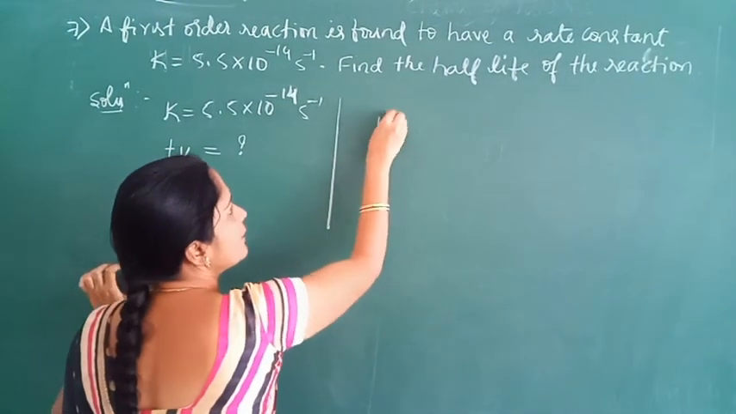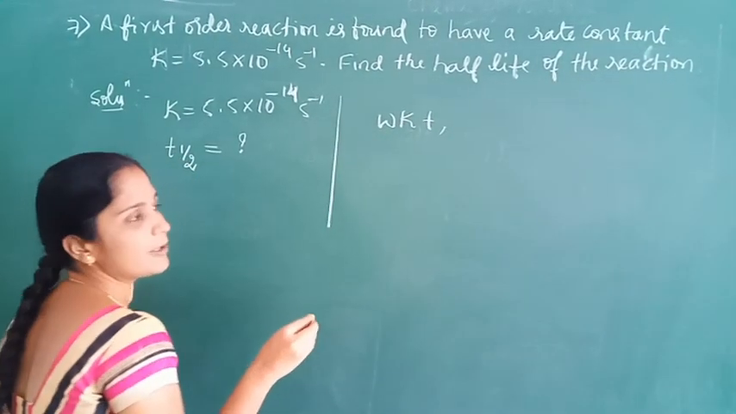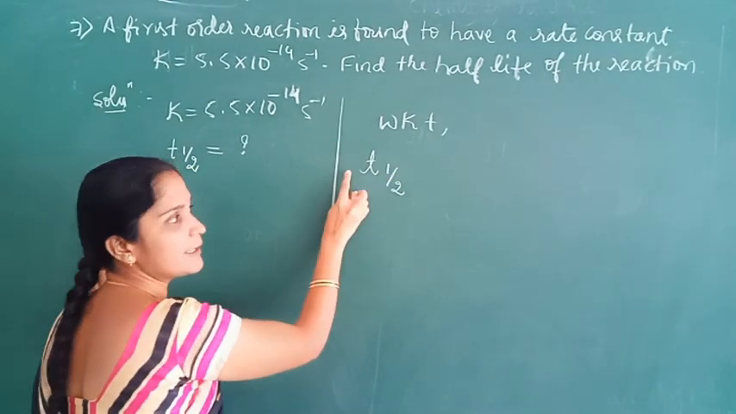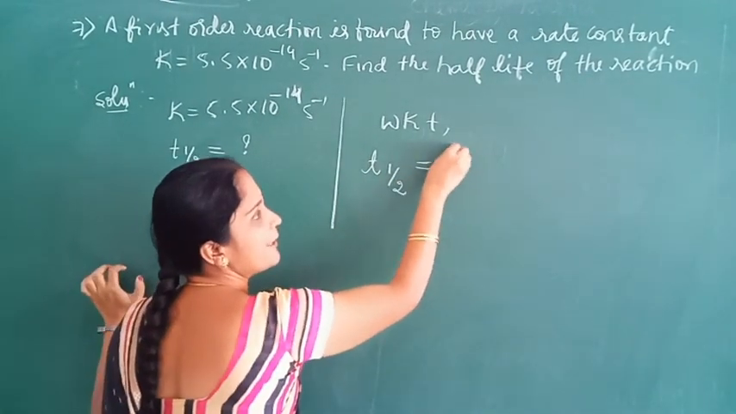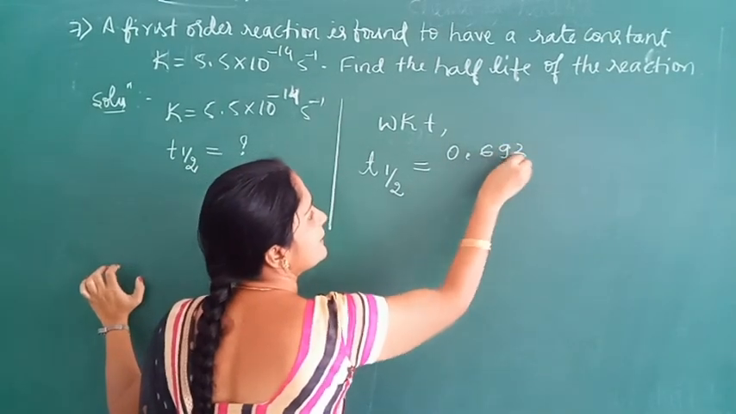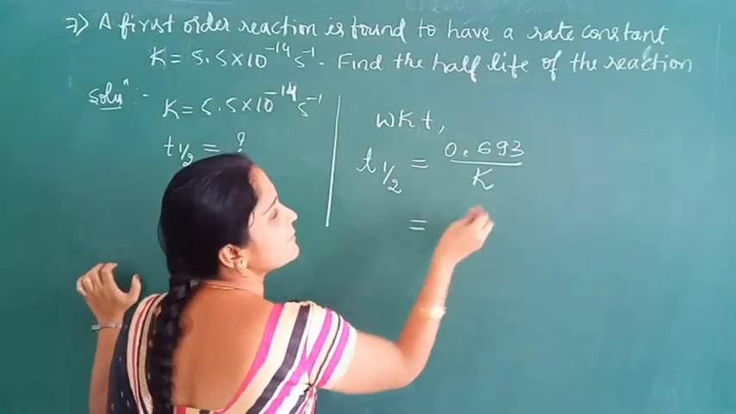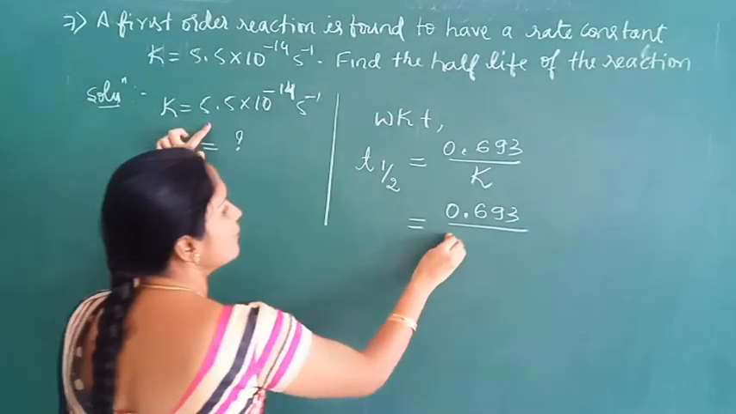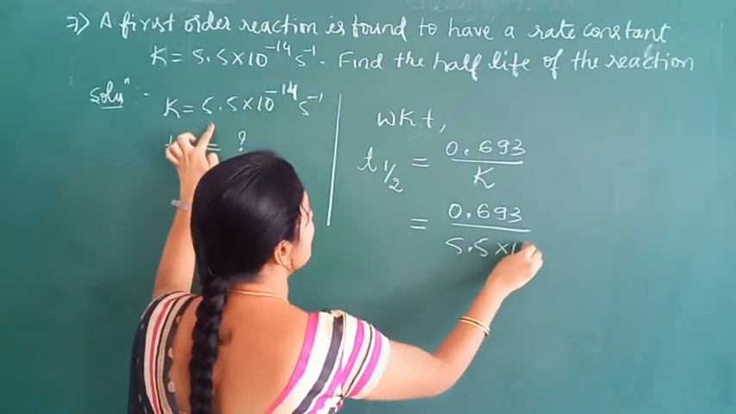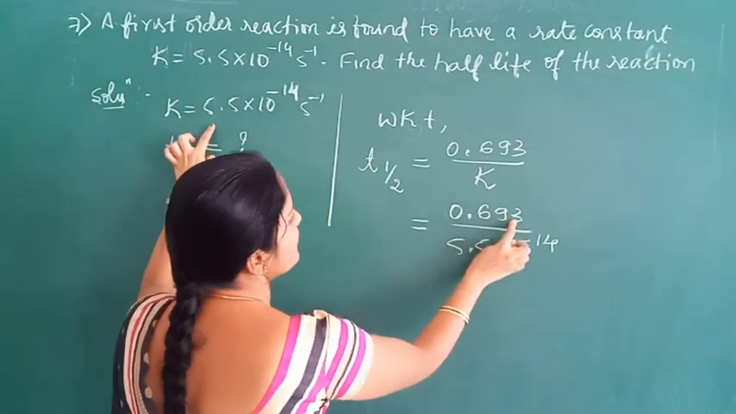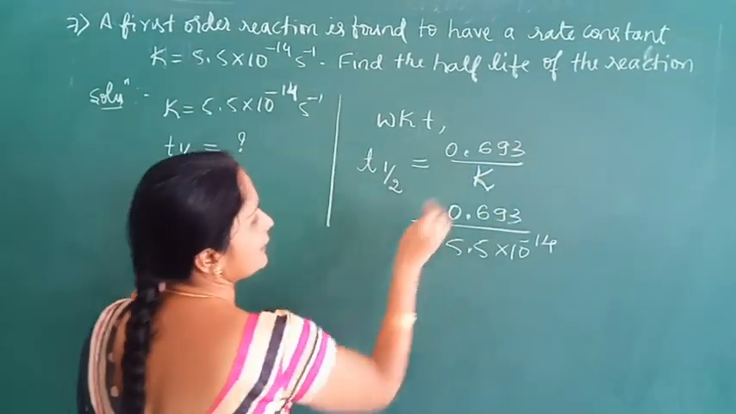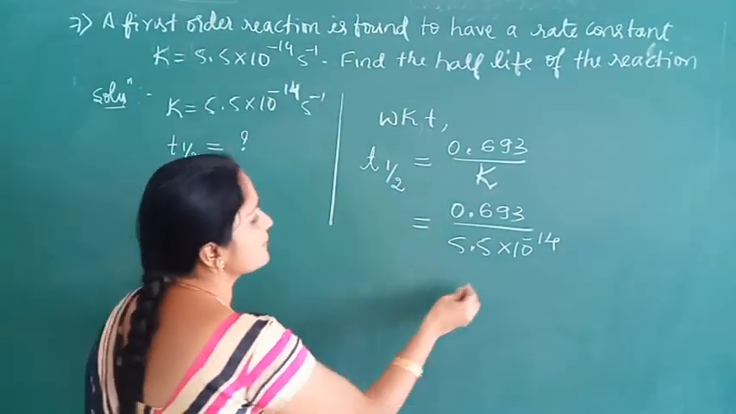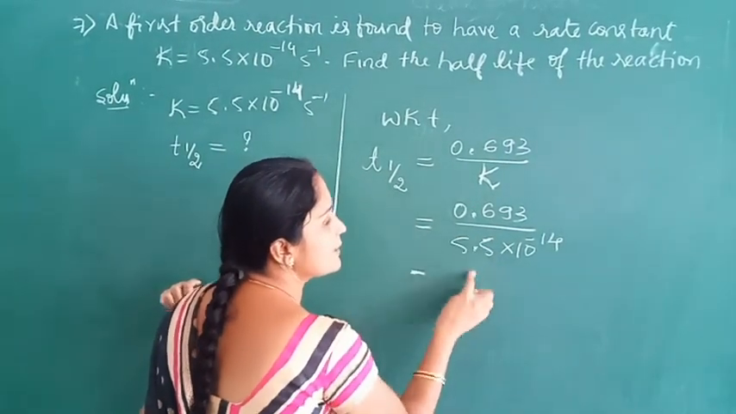So we know the half life period for a first order reaction: T half equals 0.693 by K. So 0.693 divided by the K value, which is 5.5 into 10 power minus 14 per second, the rate constant value. So on simplification of these two, we get